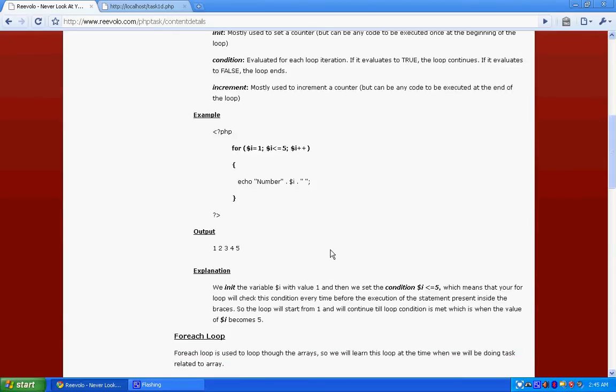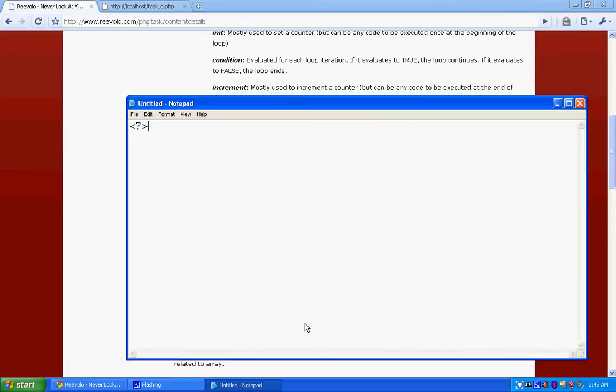So let's take an example. Let's say we want to print numbers from 1 to 5, as given in the example. Initialize PHP again. For $i equals 1, we want to print from 1. So $i is my variable. See, I'm declaring the variable here as and when required. This was the concept that we discussed in level 1. $i is less than or equal to 5, we want to print till 5,